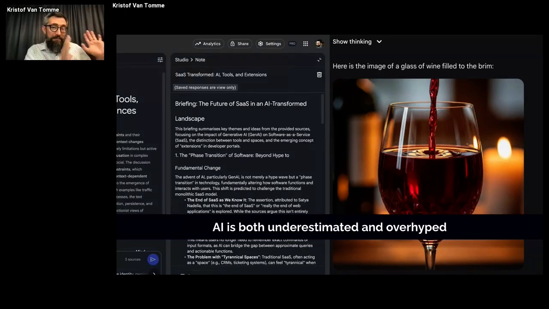So on the one hand, there's this amazing stuff, and then on the other hand, there's this stuff, like this glass of wine that should be full to the brim. I don't know if you've tried it before, but if you try to ask an LLM to generate an image with a glass full of wine, you never get a full glass. You always get something like this. It shows that even though there's a lot of really interesting applications for this technology, there's also some areas where it's not all roses and moonshine. I don't know if that's the right saying.